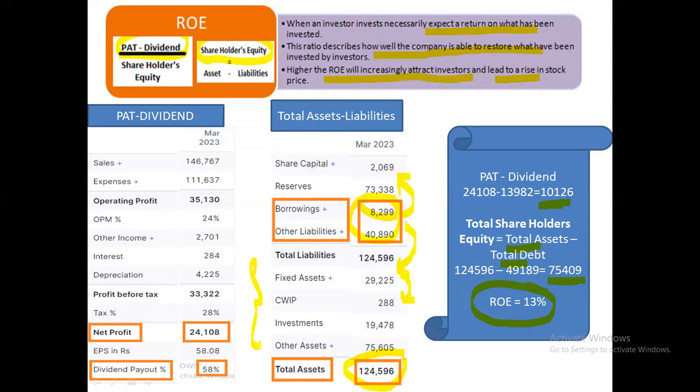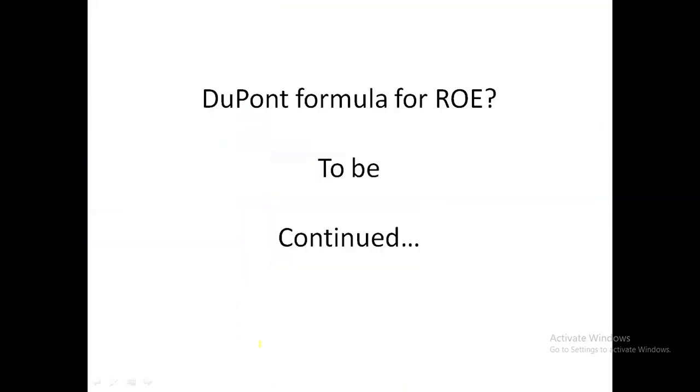Because of this, ROE is being elaborated with the DuPont formula. This will be continued in the next video. The DuPont formula is going to give you insight into this ROE, meaning how the PAT as well as the asset ratio and leverage ratio, all these things will be considered so that you will have insight information. That's why we made the video in breaks instead of making it a longer video, so we just made it shorter. Hope this is understandable.